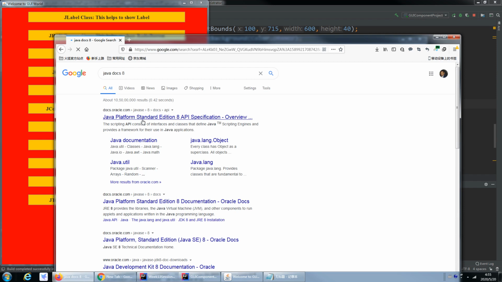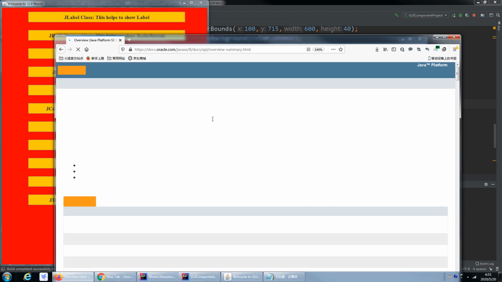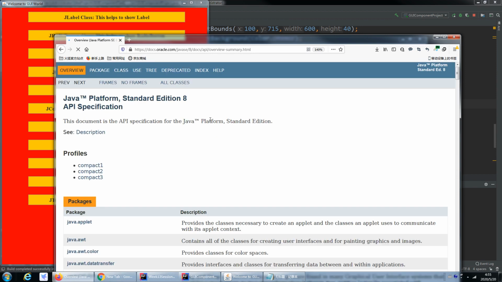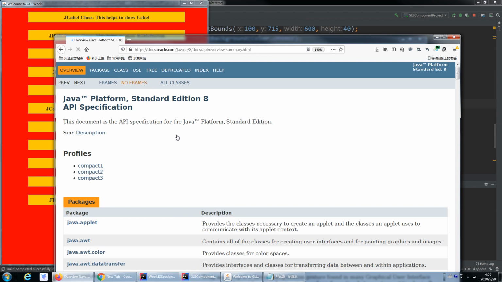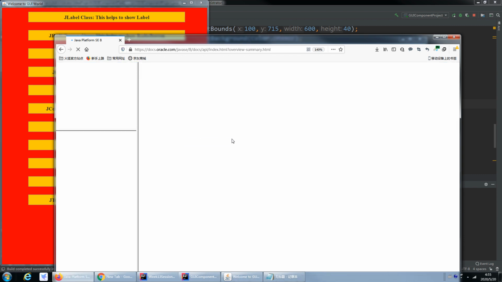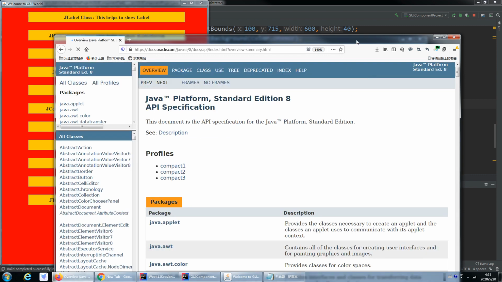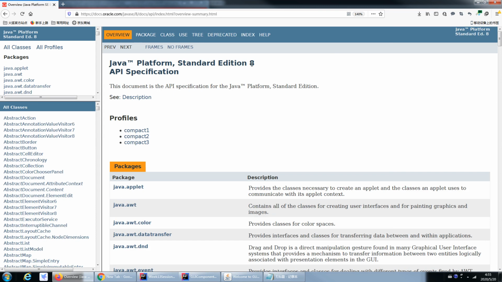So I will just open that. Just wait a minute. So here you can click on no frames, and it will open the document file for us. Click on frames. Okay, now here I have my Java 8 document, and I want to show you about the listener interface again,